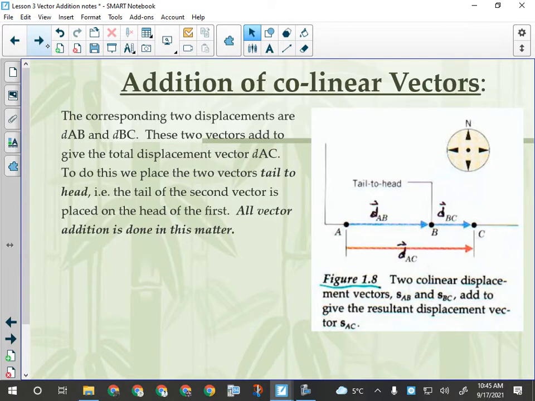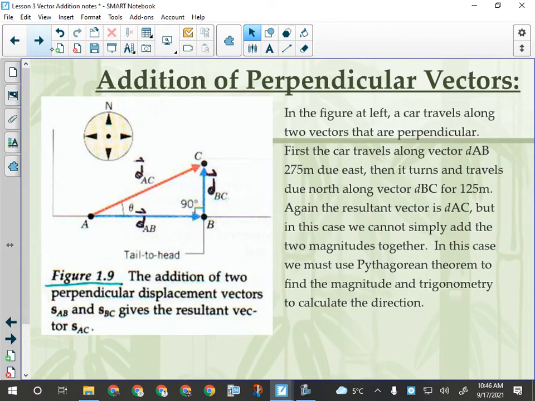Alright, so that's what we've just done there. Okay, all vector addition is done like that. All vectors are drawn tail to head. Alright, so now this will be new. We've never done a perpendicular vector. So in a perpendicular vector, we still draw them tail to head, still the same car, they went 275 meters